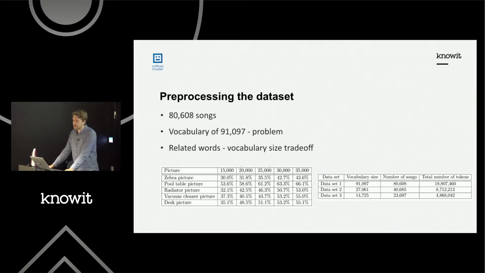There's two reasons for that. One reason is that the output layer, if there's 91,000 words, the neural network has to try to predict. The output layer has to be 91,000 in size, right? And it's going to take forever to train if it's that big. I tried and never finished a single run.